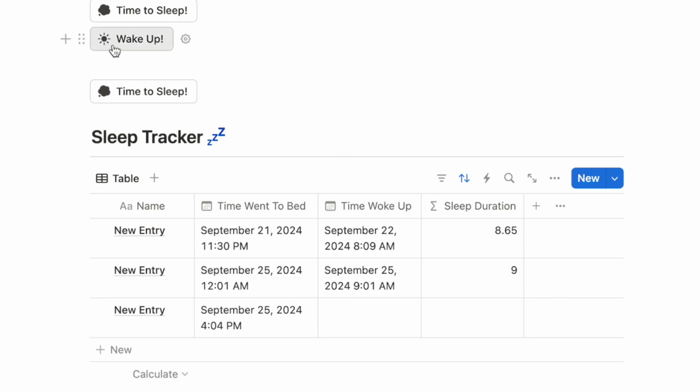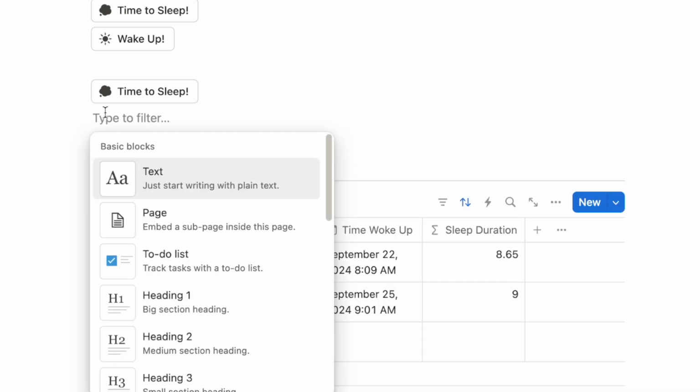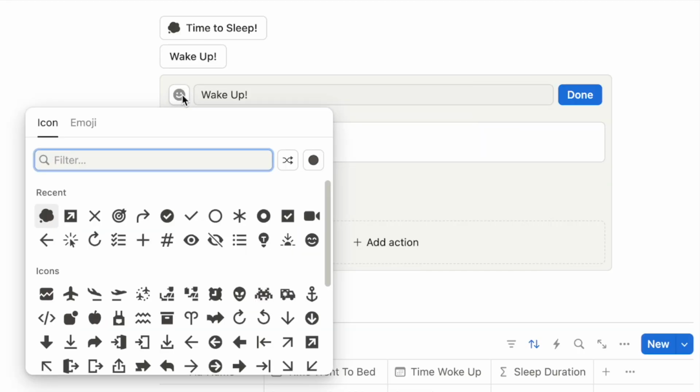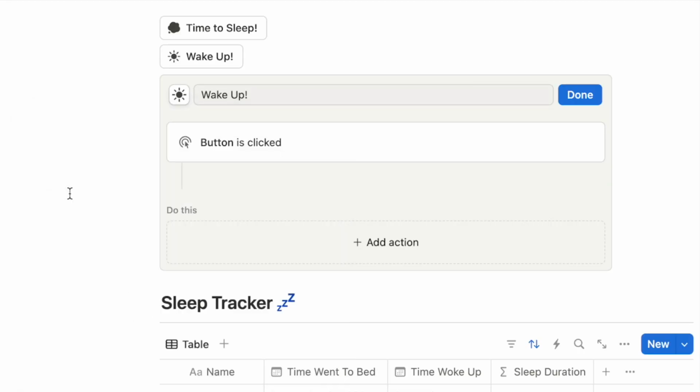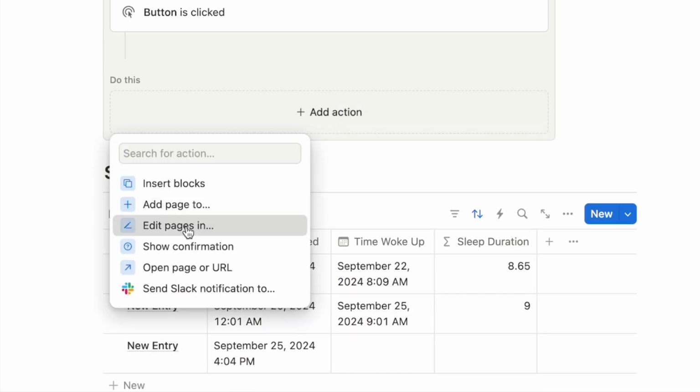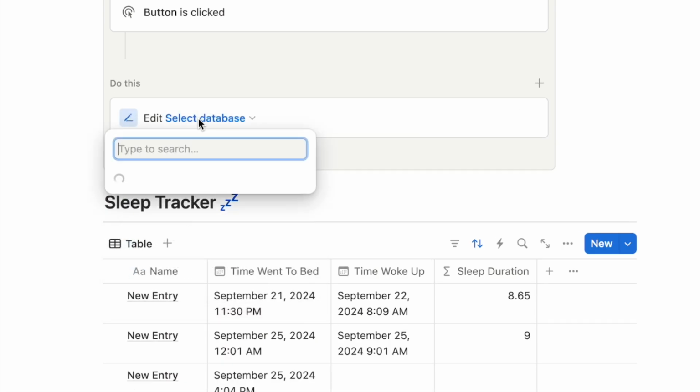Now let's build the wake up button to fill out this property when we wake up. I'm going to add another button and just call it wake up, and again pick an icon. Let's just go with this sun icon. For the action, instead of adding a new page, we need it to edit this existing page. So I'm just going to click on here and select edit pages in, and again just select the same sleep